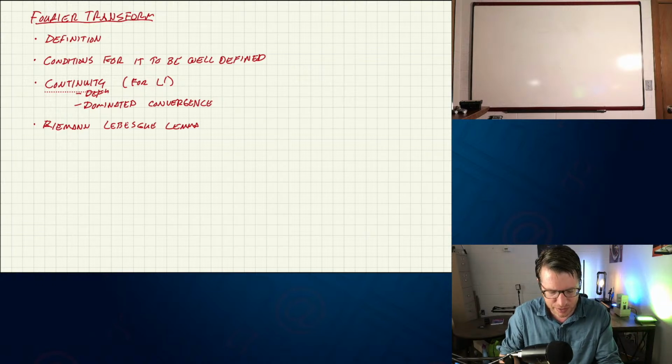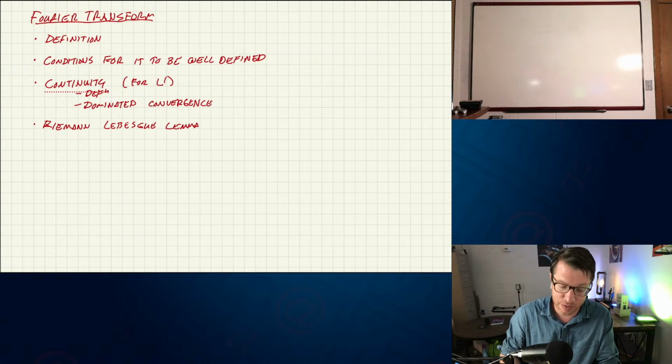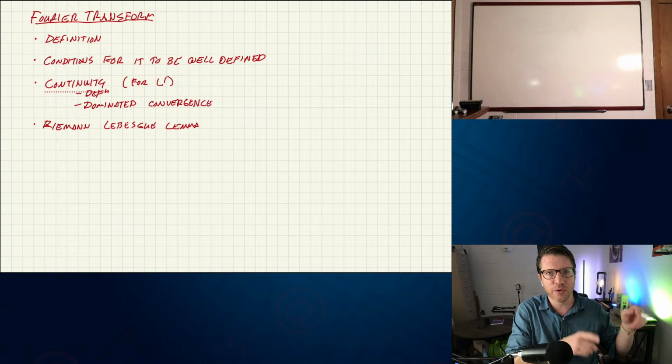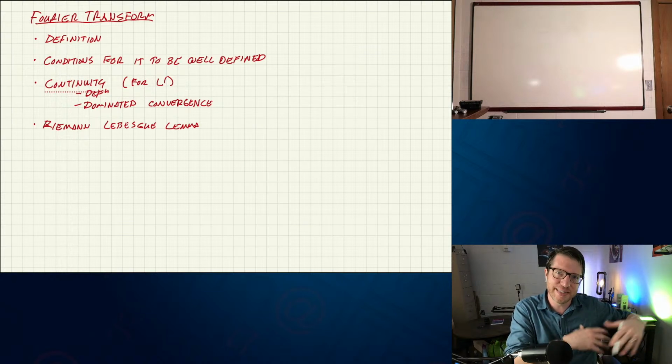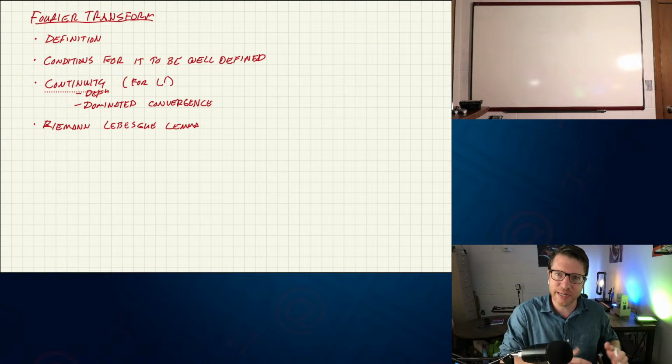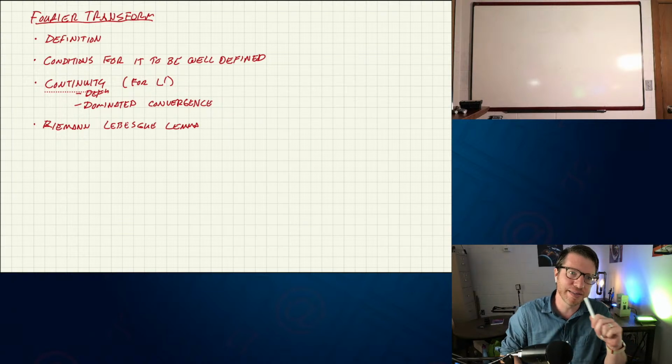But both of these are going to have to use the dominated convergence theorem. So that's going to be something we're going to need to address maybe pretty early on. And the Riemann-Lebesgue lemma is kind of interesting in how you have to get at the result, because first you have to prove everything works for compactly supported continuous functions, and then complete it under some sort of continuity argument. But at least for the definition, that's easy to write down.